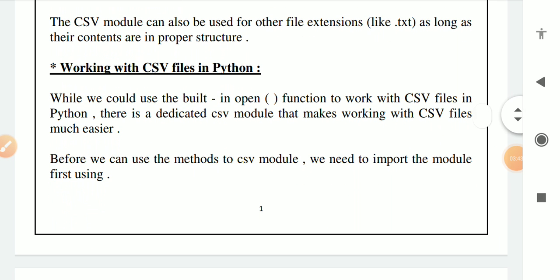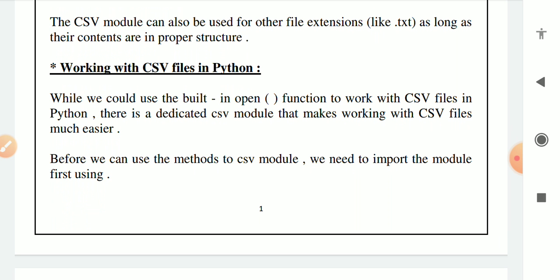Next, working with CSV files in Python. While we could use the built-in open function to work with CSV files in Python, as we know that open is a built-in function of Python, meaning whenever we want to open any file we use this function.